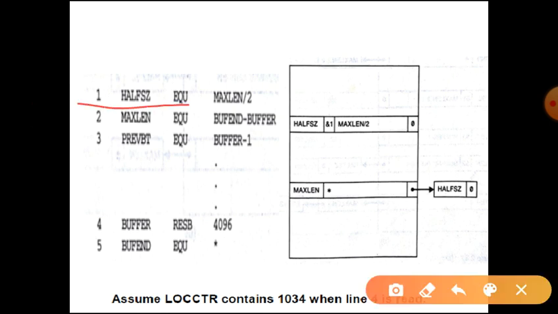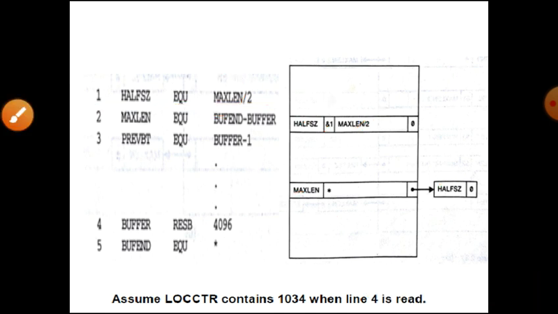When it finds this line, it makes an entry for half z, half sz, and enters this expression, and it also enters that max len is an undefined symbol. The max len entry is made and indicated as undefined, because at this line it is undefined, and the depending list H half z requires it. Continuing with the next line,